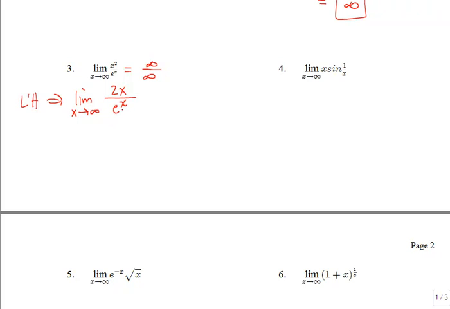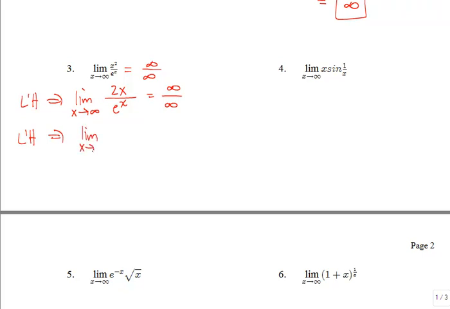Now we can try to simplify here, but there's really nothing much to do, so let's plug in right away. 2 times infinity is going to stay infinite, and e to the infinity is also infinite. So look at what happened. We got another indeterminate form again. Well, the good news is, if you get that indeterminate form again, you get to use L'Hopital's rule again. You can use L'Hopital's rule as many times as you need to, as long as each time that you're applying it, it's because you're getting either 0 over 0 or infinity over infinity. So we can apply L'Hopital's rule again